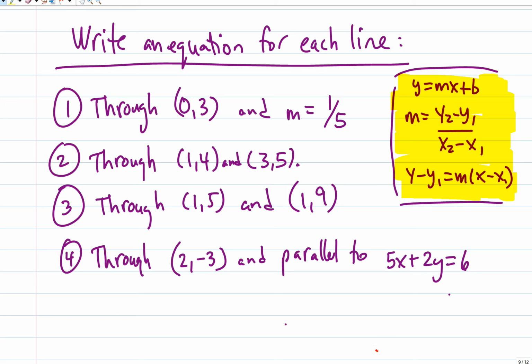What is this? What is that 0,3? It's a point. What's this m? So what formula might we use? Okay, so point slope formula, so you would do y minus, what's the y? Is equal to m, what's the m? So I heard 1/5. X minus